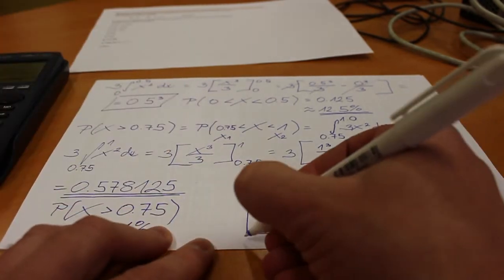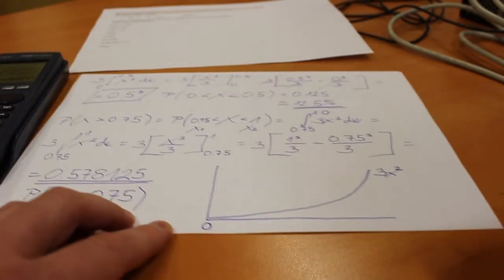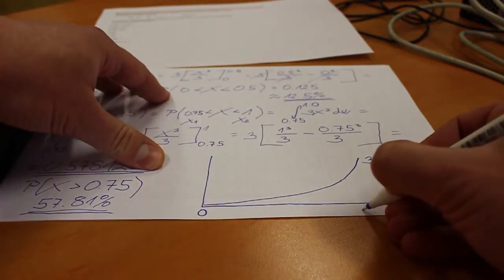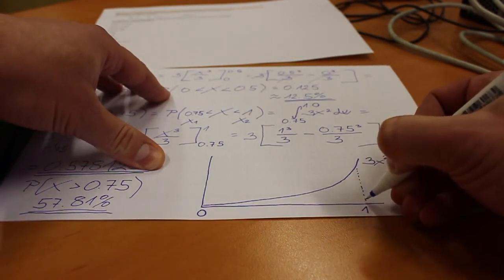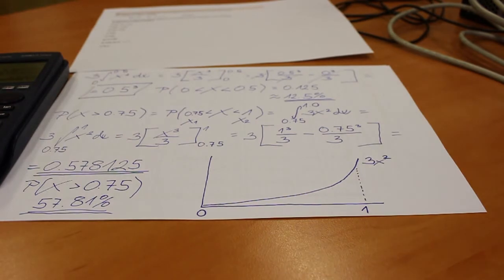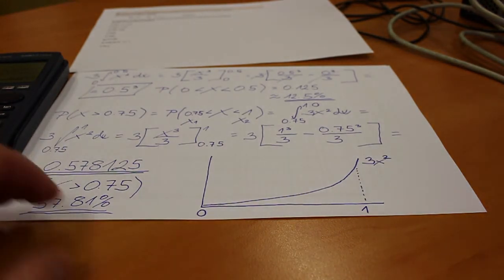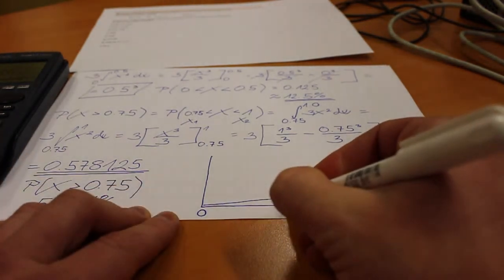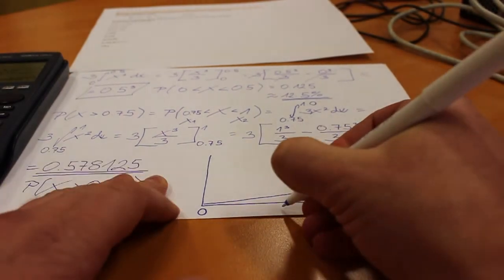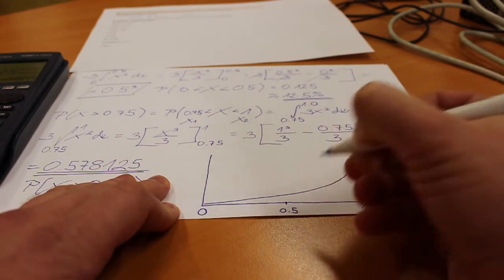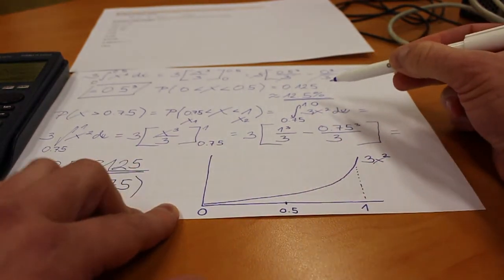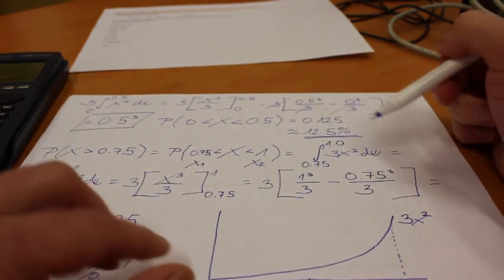Yes, there is our 0, there is our 1. Okay, and the integral is the space below this function. Yes, and there we have the value 0.5. And when we calculated this value,